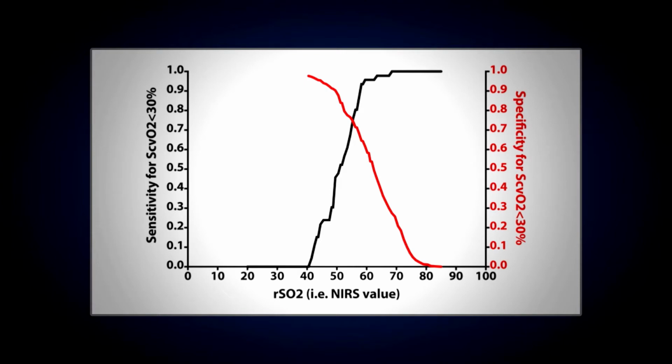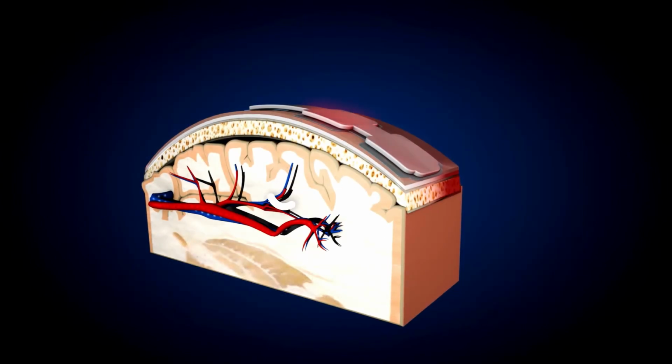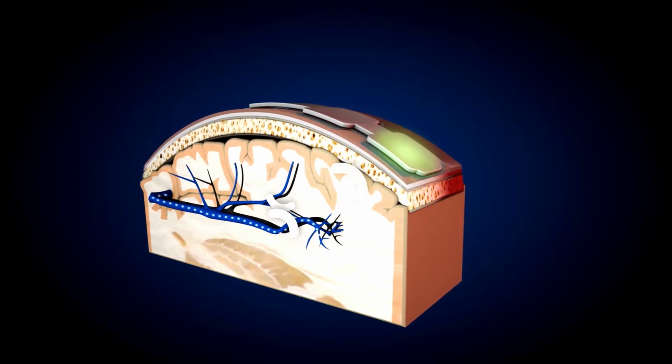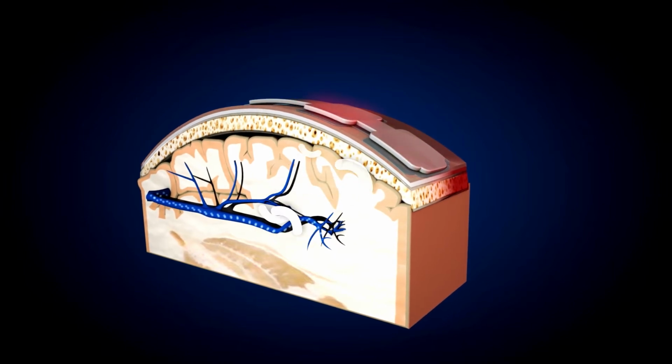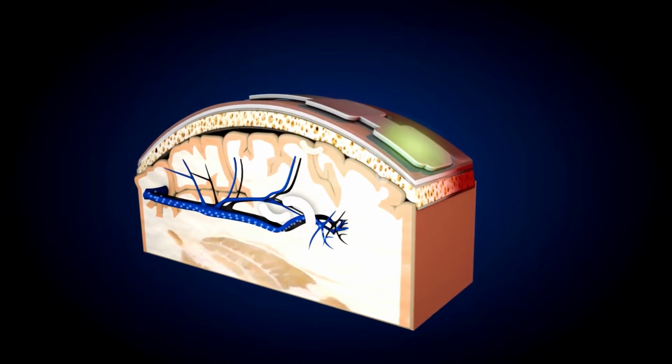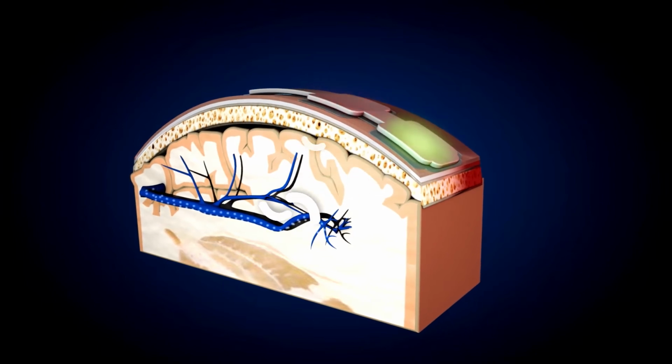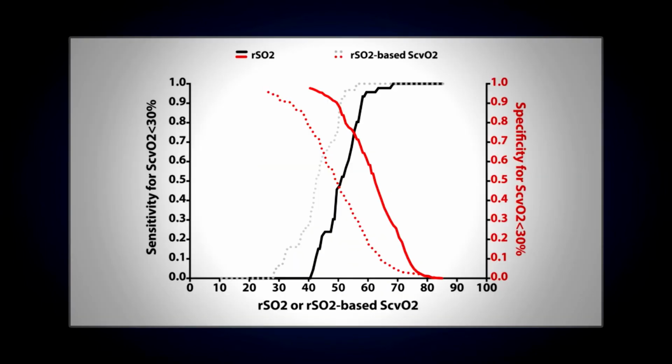When cerebral NIRS was low, however, we found it to be specific for a low SVO2. We hypothesized that mathematical removal of the arterial component of the NIRS signal would improve the sensitivity of the NIRS device to detect low SVO2. As shown in the dotted line, when SVO2 was less than 30, the mathematically corrected RSO2 or NIRS value was less than 30 6.5% of the time, less than 40 29% of the time, and less than 50 77% of